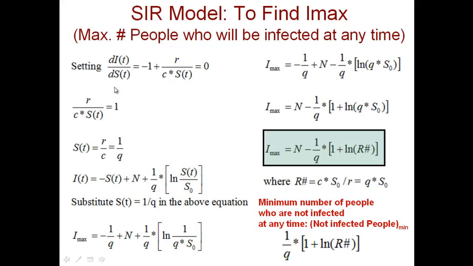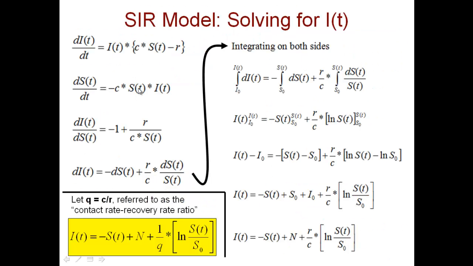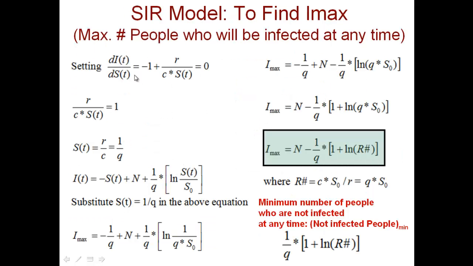From math, we know that if you have a differential of I(t) over a differential of S(t), and we want to find for what value of S(t) I(t) is going to be the maximum, we set this differential equal to 0 and solve for S(t) on the right hand side. That's what we're going to do. So we have here dI(t)/dS(t) is minus 1 plus R over C times S(t). Now we can set